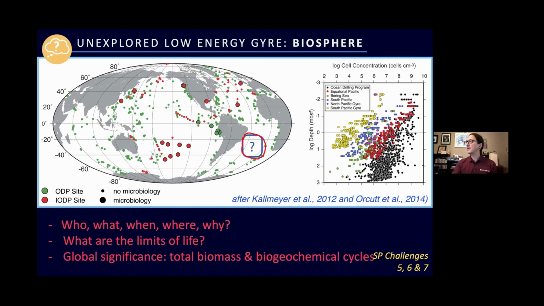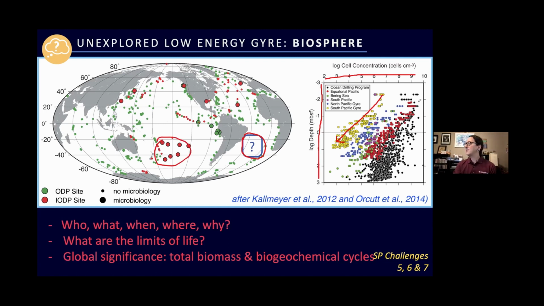One of the things that we wanted to look at, so this figure is from a really nice paper from 2012. On the x-axis, we have depth into sediments, and on the y-axis, cell concentration. By looking at different sites all over the globe, Cal Meyer and colleagues were able to estimate the total number of cells in sediments below the seafloor, and also to show some generalized patterns where you have more near the surface and less with depth. And then depending where you are in the world, this yellow represents South Pacific Gyre open ocean sediments. It's actually these sites right here.